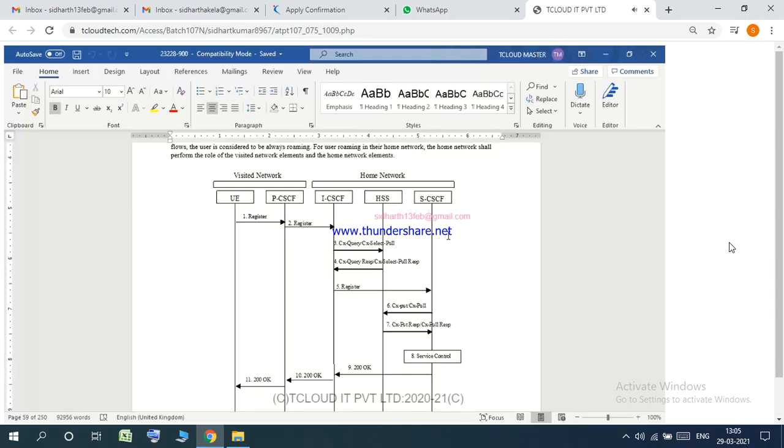Always you have to reach your home network for your registration or service requests or any of which. It doesn't matter. So let us consider a scenario here to understand this in a clean way. Let us take that the Reliance Jio user home environment is Hyderabad network, and this guy is visiting Sri Lanka for some work. Now, when he would like to make a VoIP or VoLTE call by being in Sri Lankan